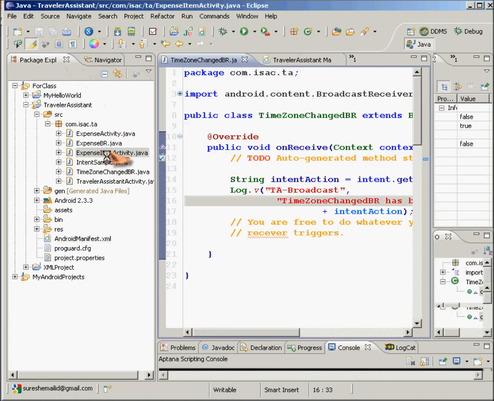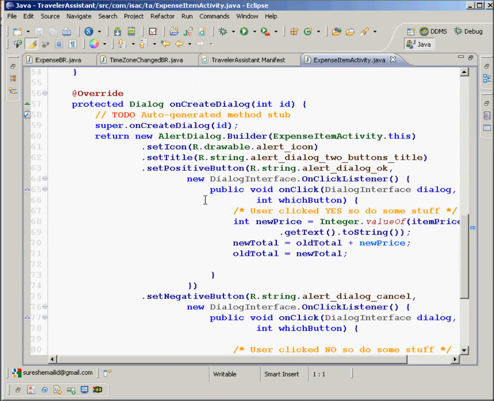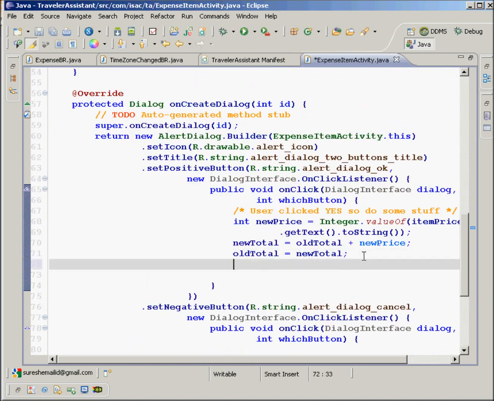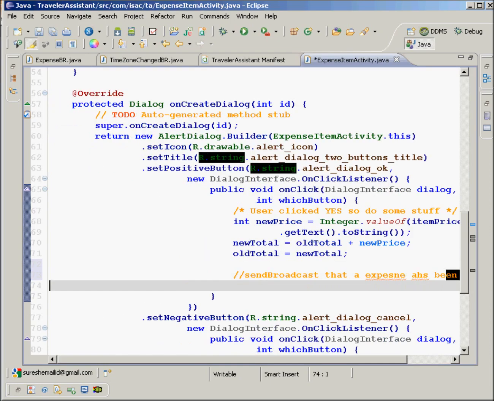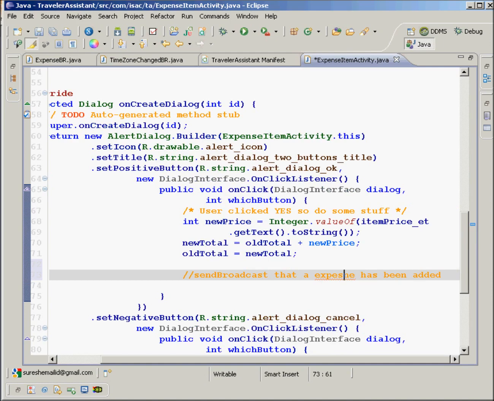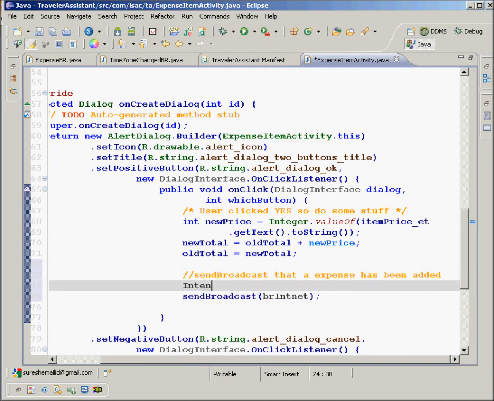And we will do it in the expense item activity, because that is where my expenses are added. So every time an expense is added, this is what we should do. So send broadcast, that expense has been added. And here we'll do send broadcast, and we have to put some intent, a BR intent, a broadcast intent, but before that we have to create that intent. So we'll create that intent, BR intent equals new intent,